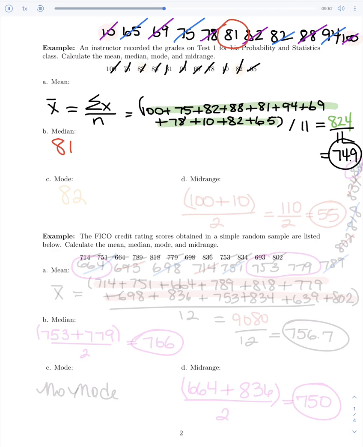Mode is what number occurs the most. Well, there's only one number that occurs more than anything else in this entire data set, and that's the number 82. It's the only thing that occurs more than once. So our mode is 82. What's our mid-range? Our mid-range is to average the highest and lowest value. Well, the highest value was 100. The lowest was 10. So if we want to average those two, 100 plus 10, and then divide it by 2. Well, that's 110 divided by 2, which is 55. That's our